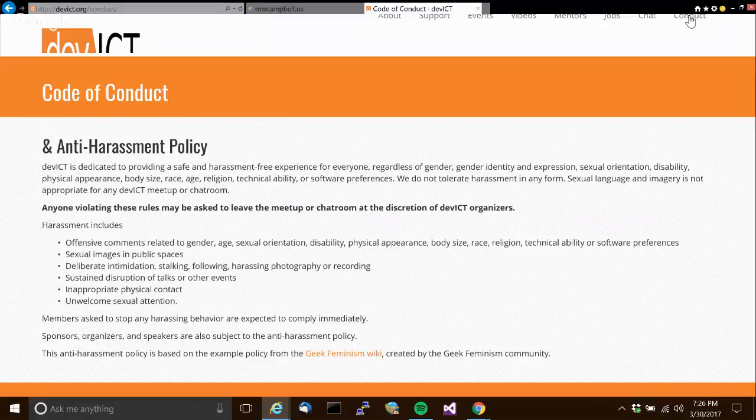So where we have words like Dev ICT, is there a way to indicate to the screen reader how to pronounce an unusual word like that? Unfortunately, no, there is no current standard for that. So we screen reader developers have to just maintain our own exceptions.